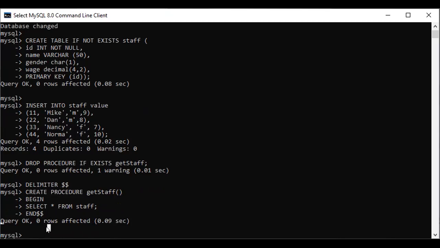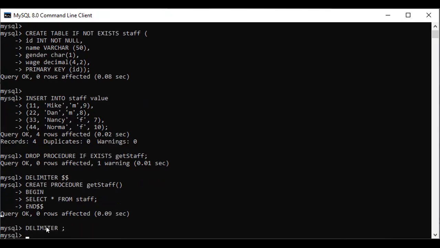Now we want to call this stored procedure and we want to see the value. For that, we have to be out of the stored procedure, and the command is delimiter space and semicolon. Now we are out of the procedure and ready to see the value.